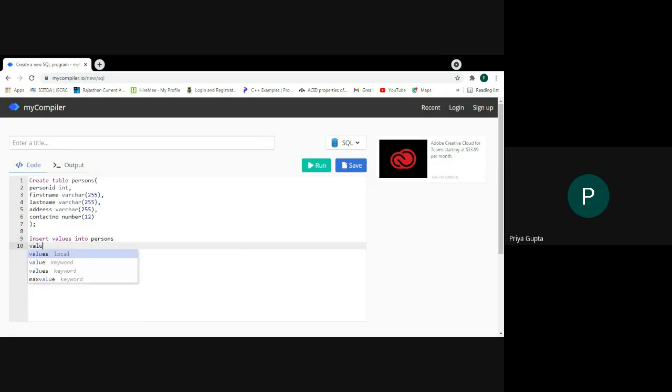And I am specifying the values directly because I am going to add values in all the columns, placing the values in single inverted commas. For integer type or number type data, we do not need to use single inverted commas. But for string type data, I am going to use single inverted commas.